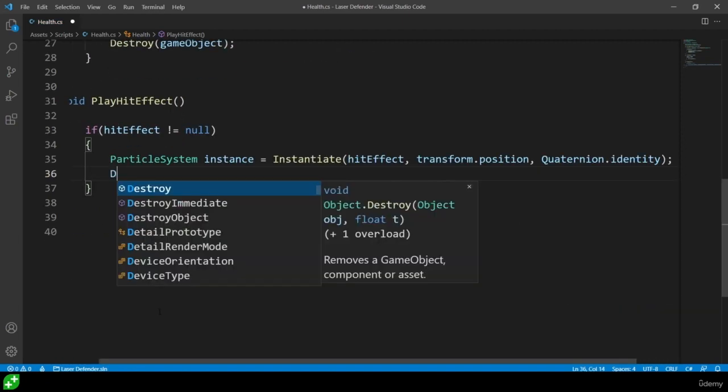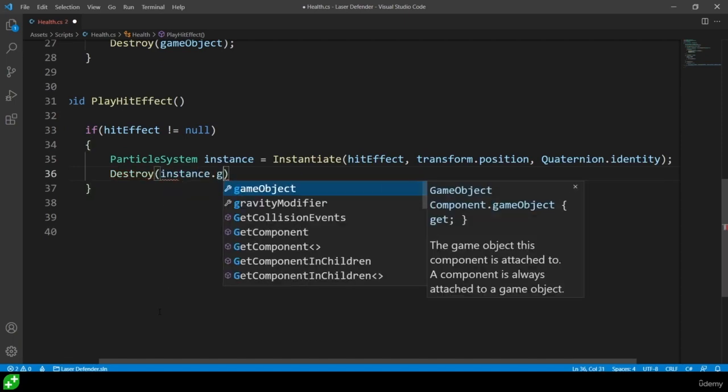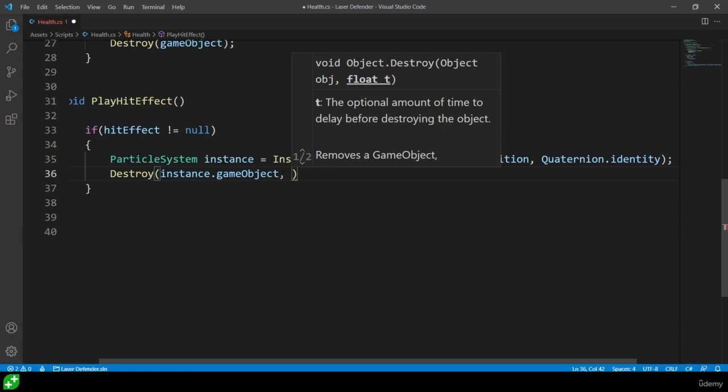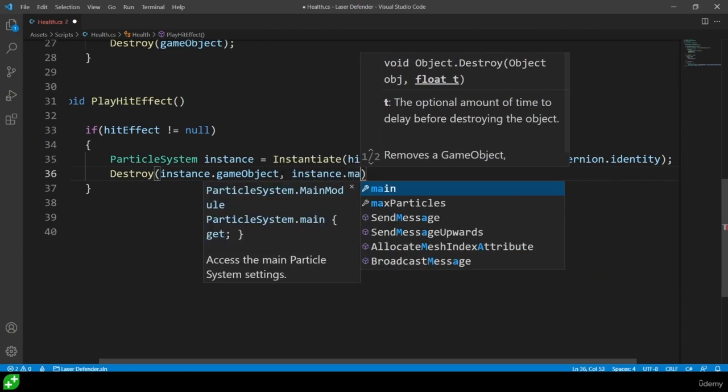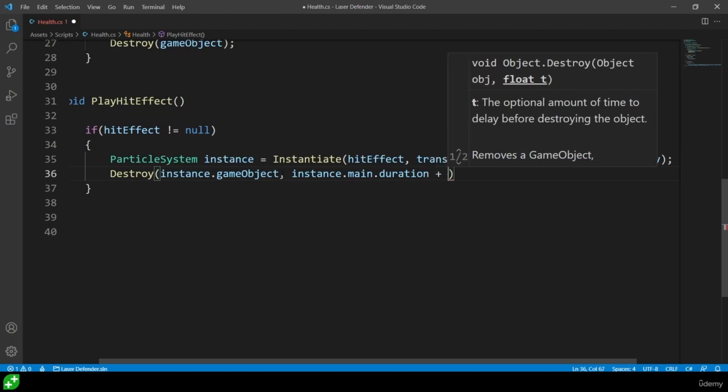Then, to destroy the particles, we can say destroy the instance.gameObject, because the instance is currently just the particle system attached to a game object. And for the duration, we can get the duration of the particle system by saying instance.main.duration. And that will be the duration that the particles are being created. But we also want to include the lifetime of the particles, so we can add the